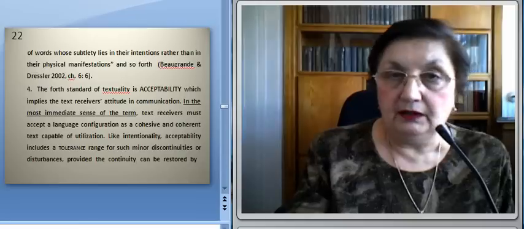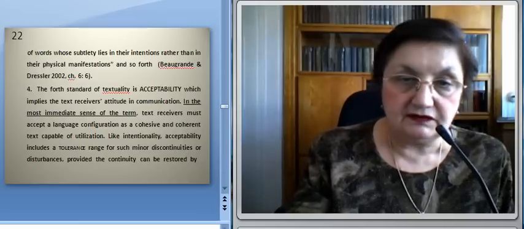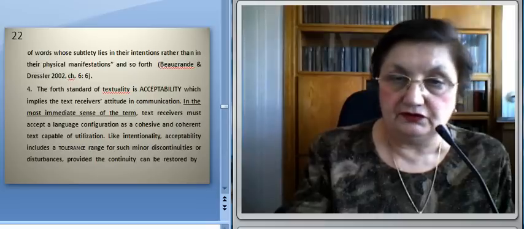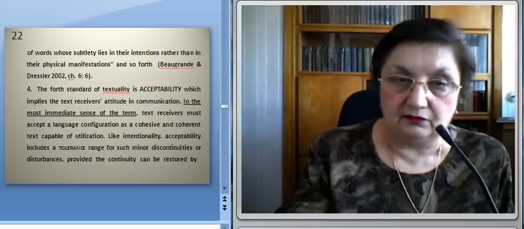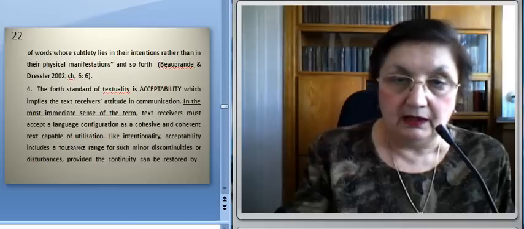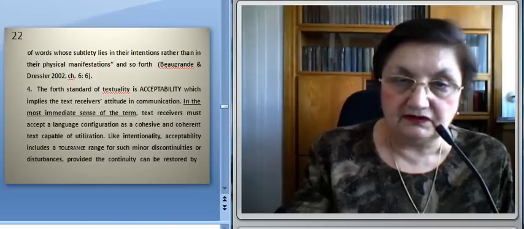Like intentionality, acceptability includes a tolerance range for such minor discontinuities or disturbances, provided the continuity can be restored by reasonable problem solving, as in this example below,